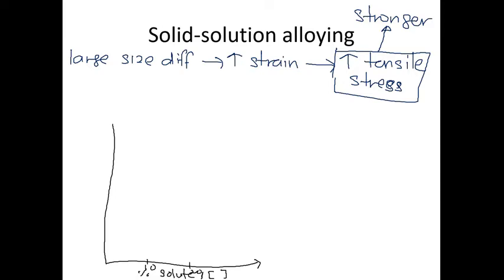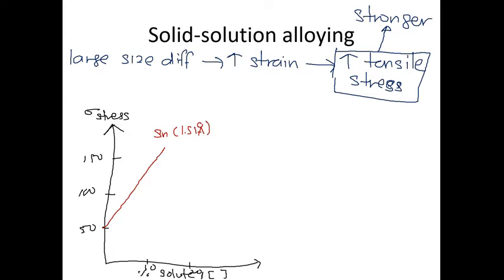The Y axis is the tensile stress, for example this is 50, 100, 150. Then you have a few elements. This is the graph for Sn with an atomic radius of 1.51 Angstrom,